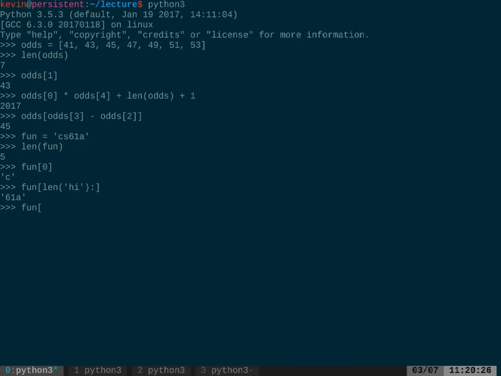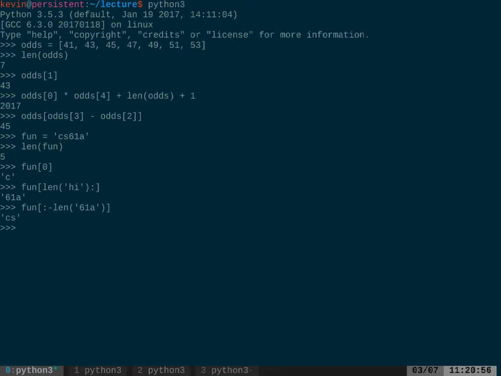So what this is saying is, let me slice fun from the beginning, starting at 0, which is by default 0, right? And going all the way, but not up to that position. So the length of 61A is 3, so it's like I'm saying from 0 to -3, and -3 just says count backwards from the end, -3 steps. And so I get just CS. So you can slice from the beginning, you can slice from the end, you can get some middle slice as we saw in last lecture as well.